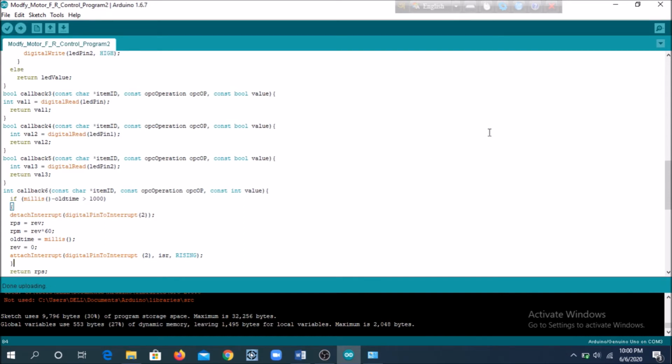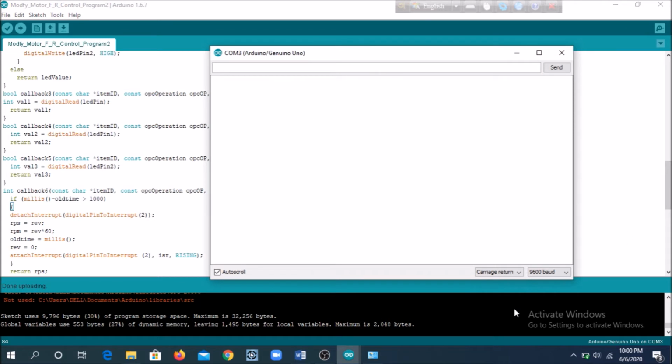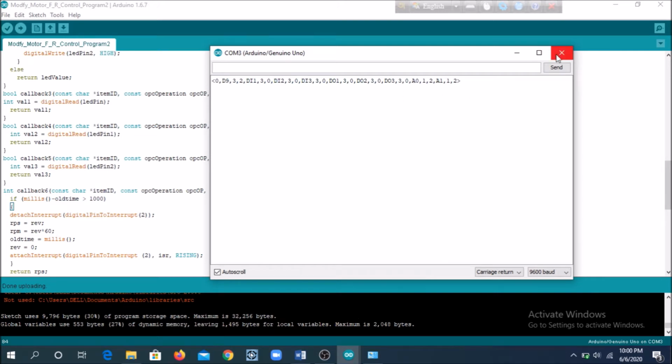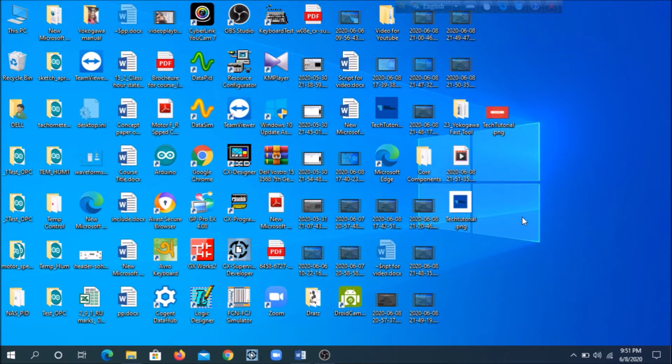Done uploading. Now for checking available OPC items, just click serial monitor, set carriage return, put the cursor here and press enter. The Arduino has responded with the available OPC items. These OPC items will be available to the OPC clients via the Arduino OPC server. Now to connect the Arduino UNO to any OPC client,